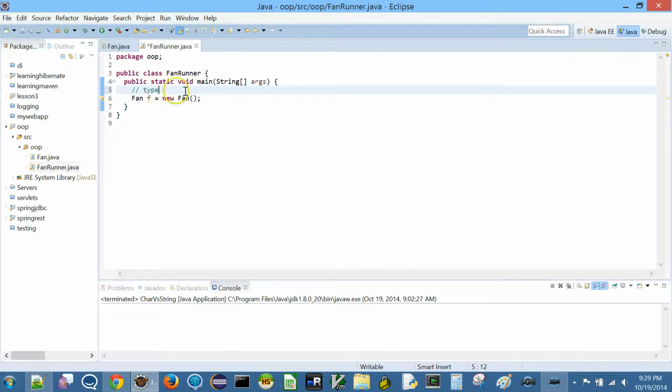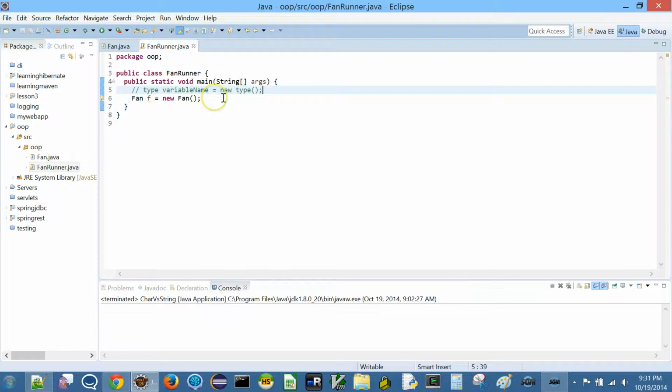The next one is our variable name. Type, variable name, equal to, I say new, and then I have to use the type name here, and then open and close brackets. Now this is the simplest possible way to create an object.